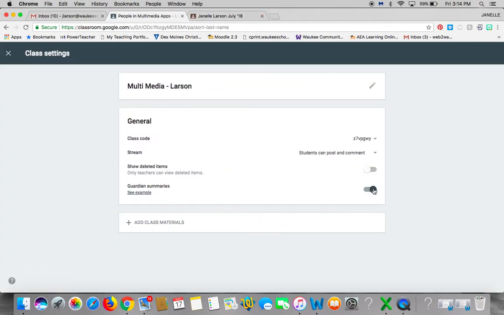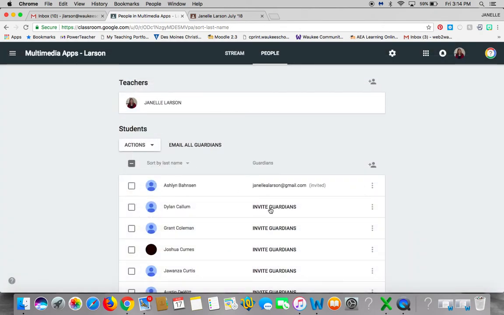Once you have made sure that you've turned it on, you can just exit out of class settings. And the last thing that I wanted to show you is how to email guardians. If I want to email all of the guardians that I have an email for, I can simply click Email All Guardians. It will take all of those email addresses,